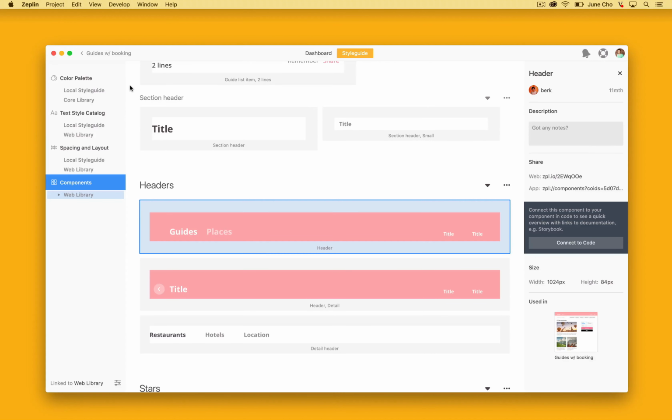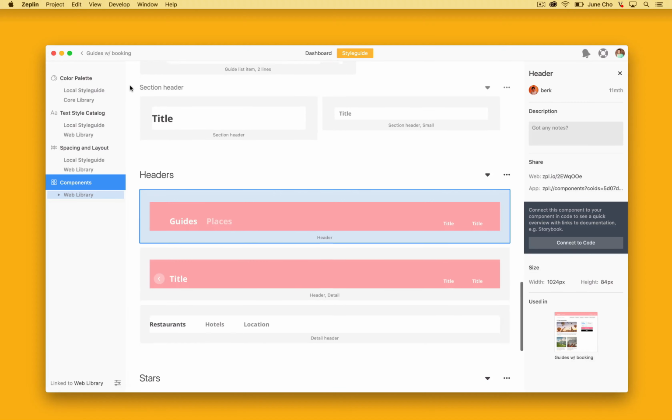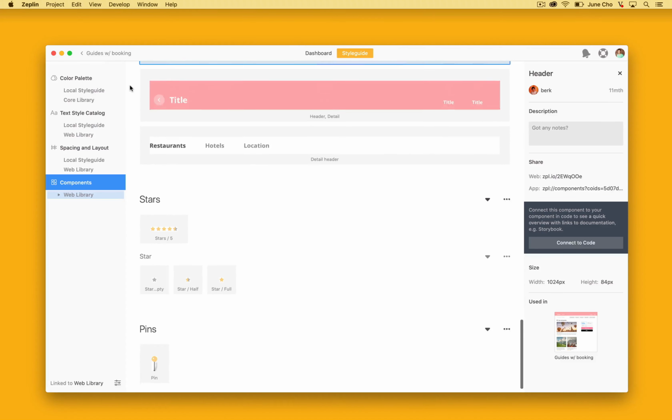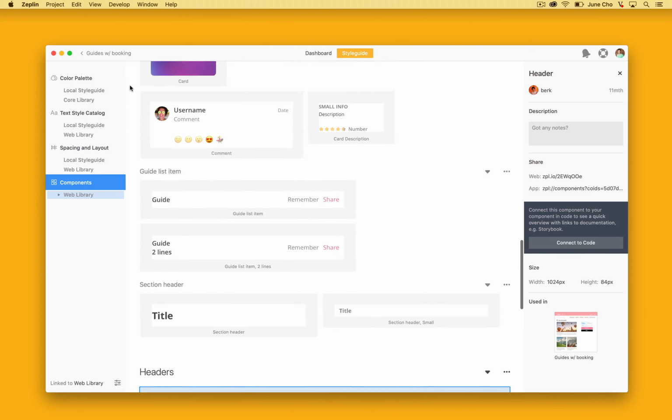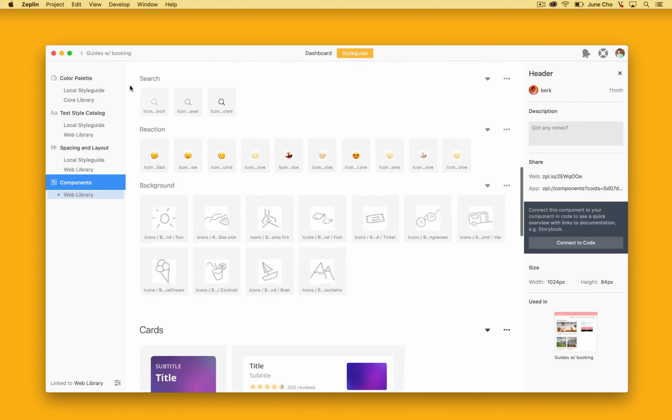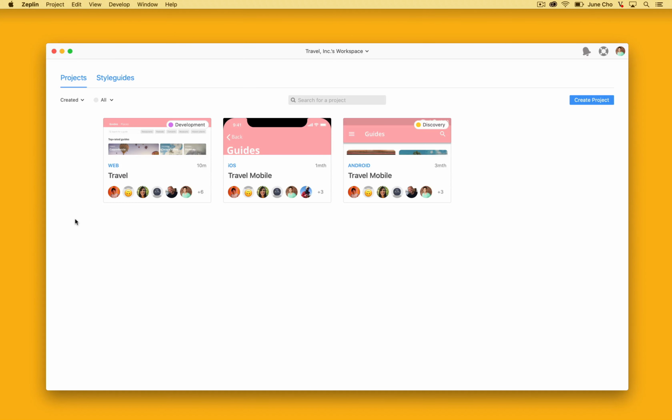As style guides are linked to your projects, they ensure that designs are brand consistent throughout all your apps. Everyone on the team can clearly see the component names from within the design, which promotes reusability and collaboration in real time. With connected components, you will now be able to link components in your codebase to their design counterparts